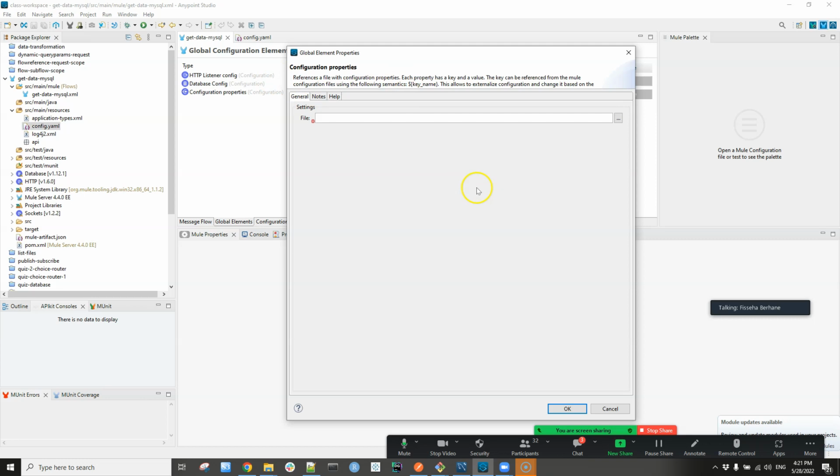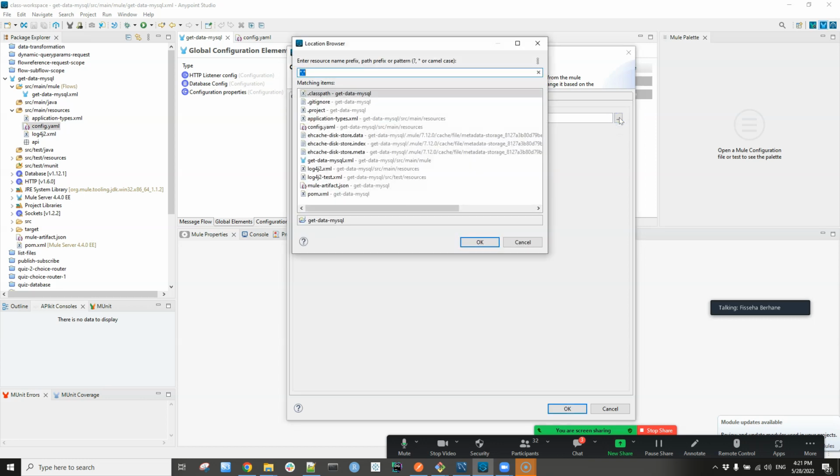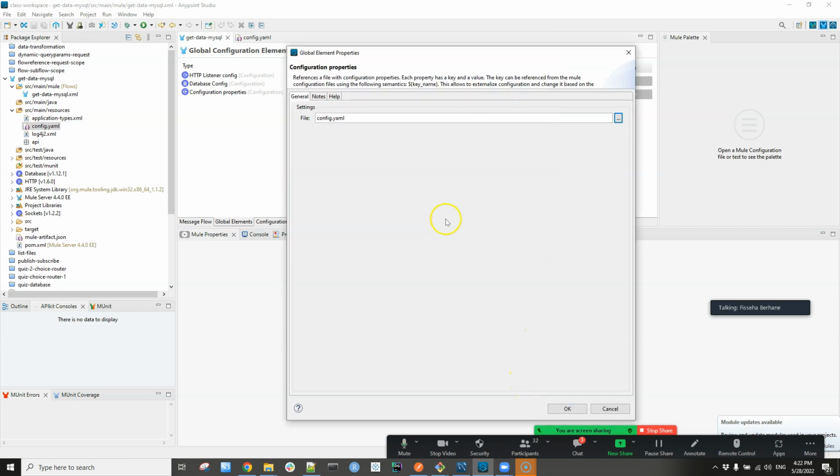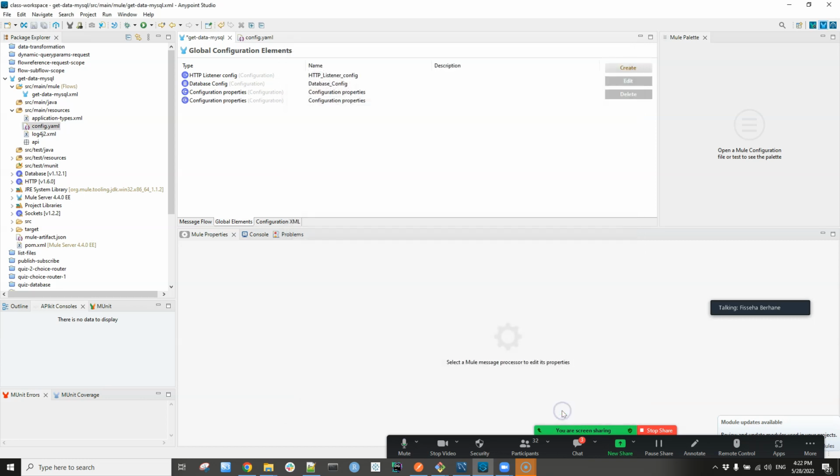So you see there is a $, curly braces, key name. That is what we are going to do. In here, if I select, the config.yaml file is here. This is the file that we just created, and I'm telling it this is my global configuration file. So when I do $, curly braces, something, it is going to check in this file, because I told it this is my configuration file. If I do it like this and click OK,